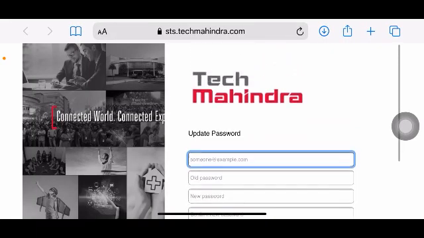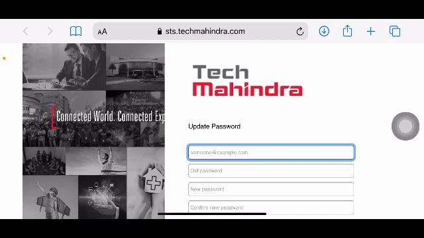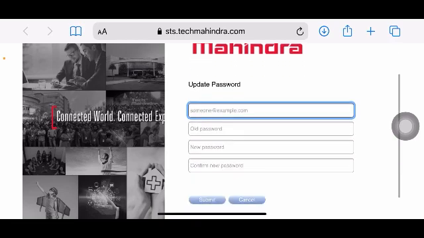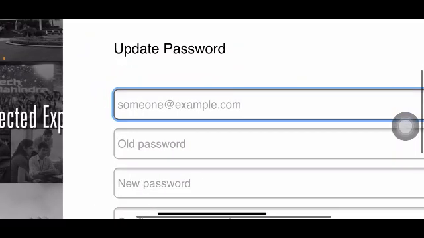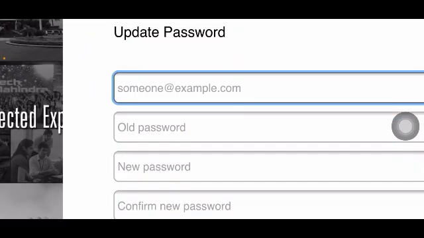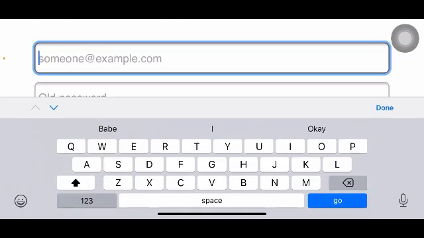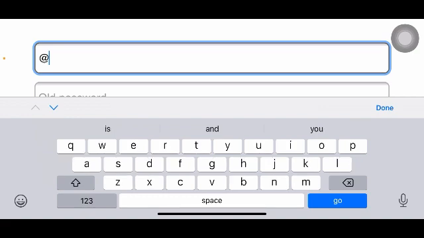When you click on the link which I give you in the description, this page will open. Here you have to give your email ID, and how should that email ID be? Your LAN ID, not your personal email ID. Your LAN ID which will be given to you in that password secured file, followed by @techmahindra.com, not gmail.com.